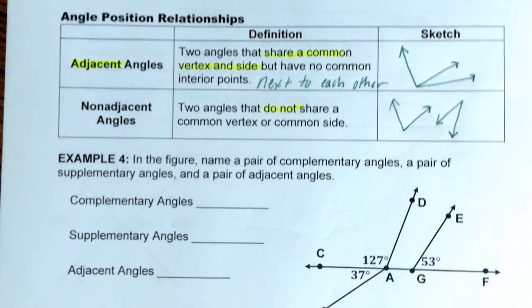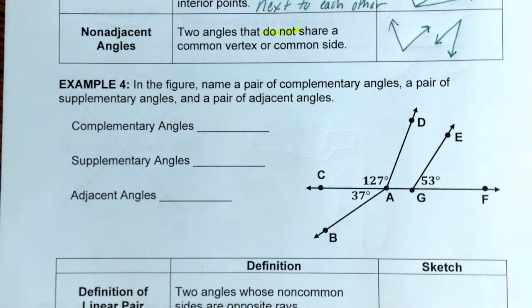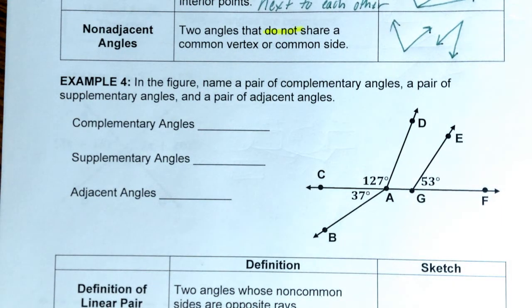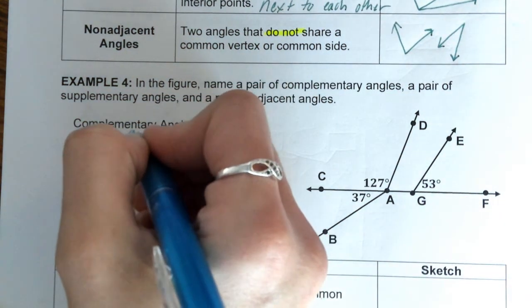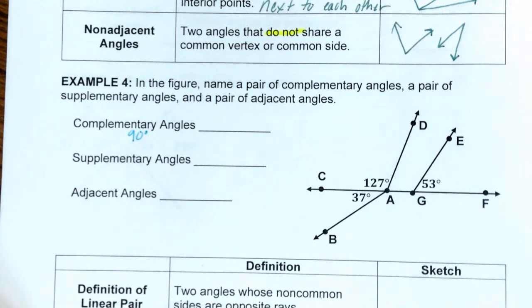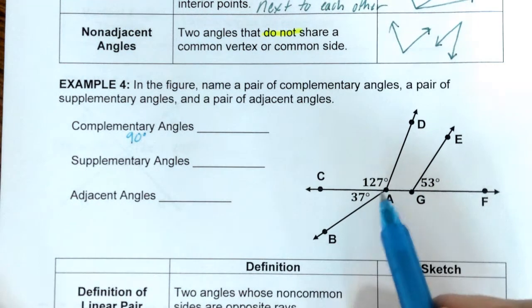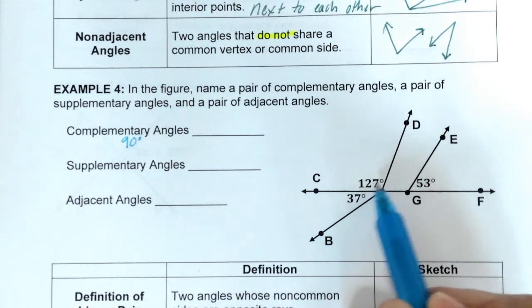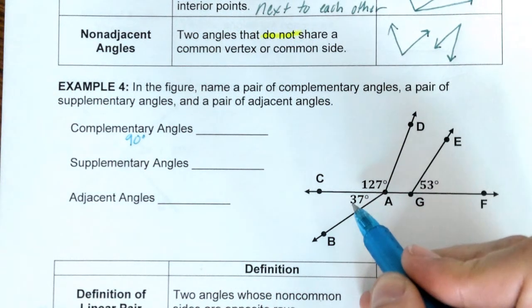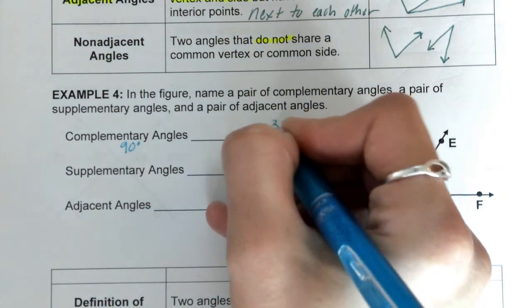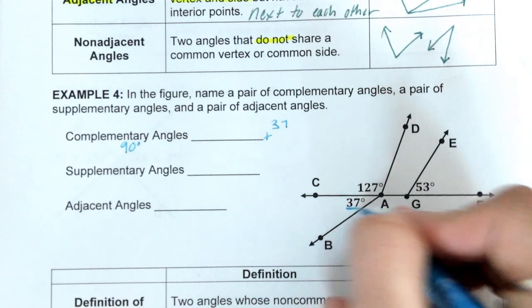Okay? In example 4, we are going to name a pair of complementary angles, a pair of supplementary angles, and a pair of adjacent angles. So here what we want to do is figure out what angles are going to add to be complementary, remembering that this is 90 degrees. We need to figure out what angles here add to 90. I don't see a right angle box, so I'm going to have to actually take some of these numbers. Well, 127 is over 90 already, so we can't use that. But if you take 37 plus that 53,